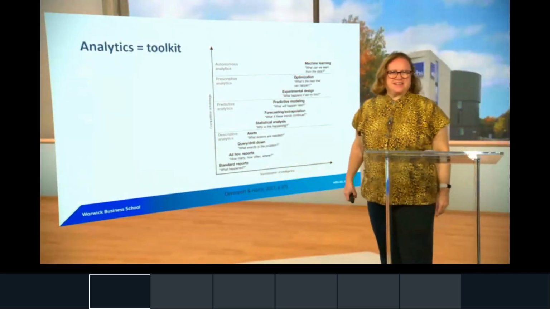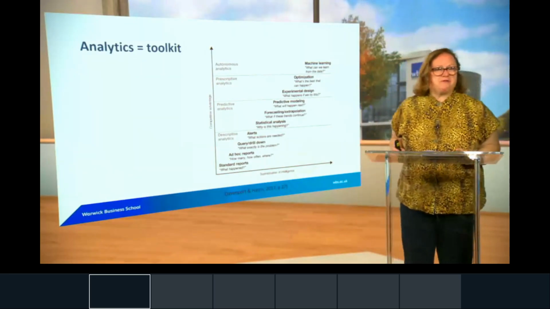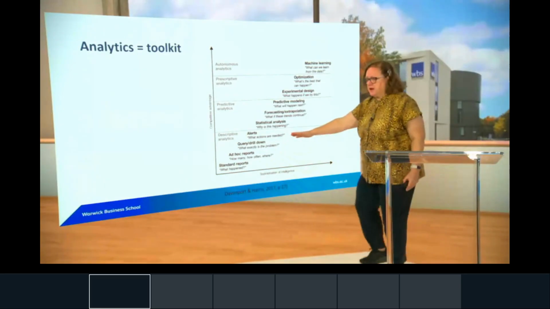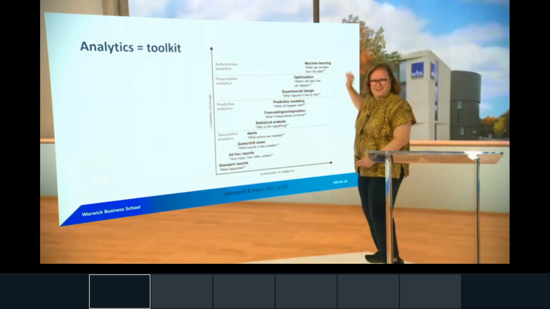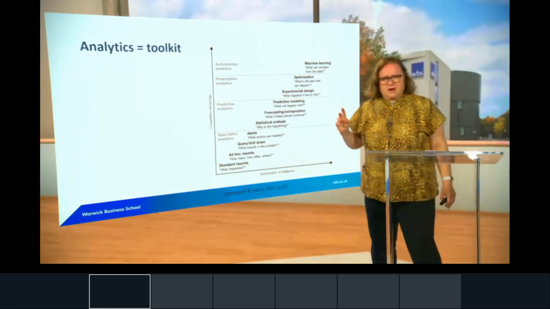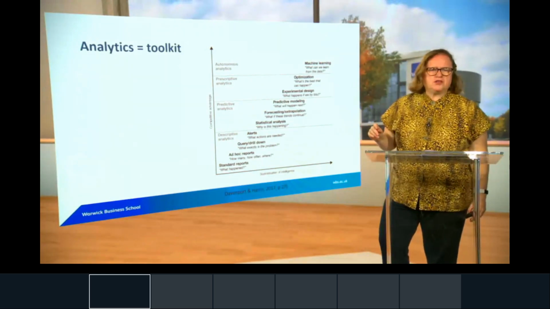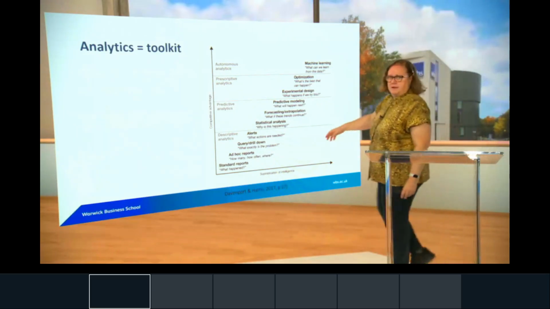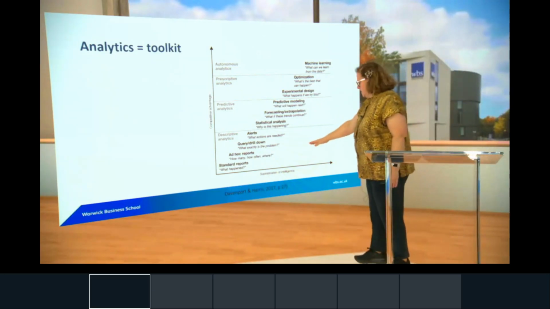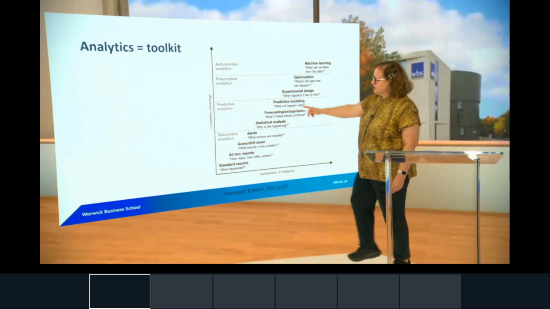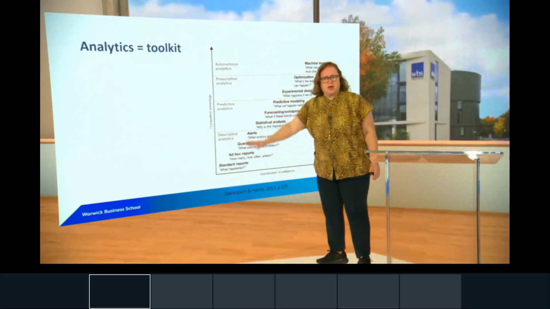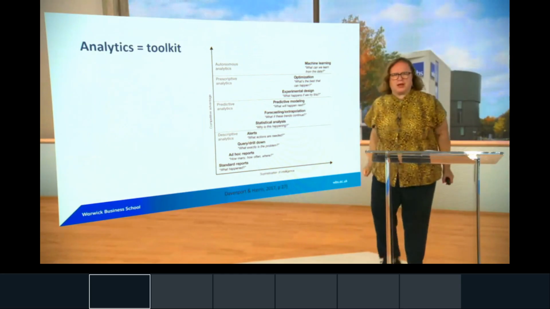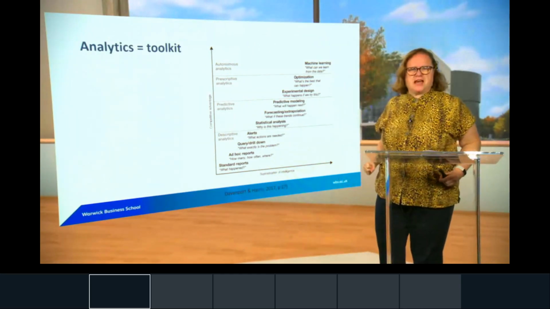Fabulous. Thanks for posting some of those. You've all seen what I saw from it. Yes, there's a hierarchy, isn't there? It looks as if going up here is best. Somebody said lots of questions, different levels of analytics. But the implication is sophistication of intelligence, competitive advantage. If we want to win as an organization, we need to be up here. We need to be machine learning, all of us. That's the answer to success.